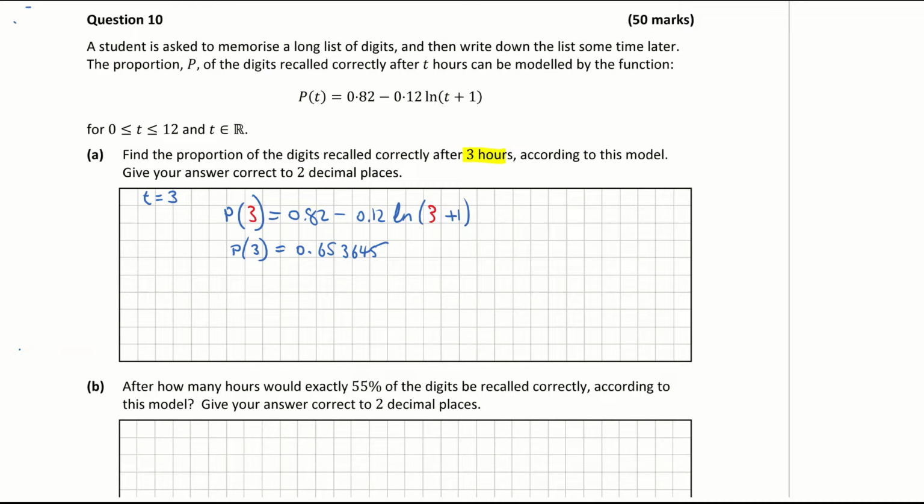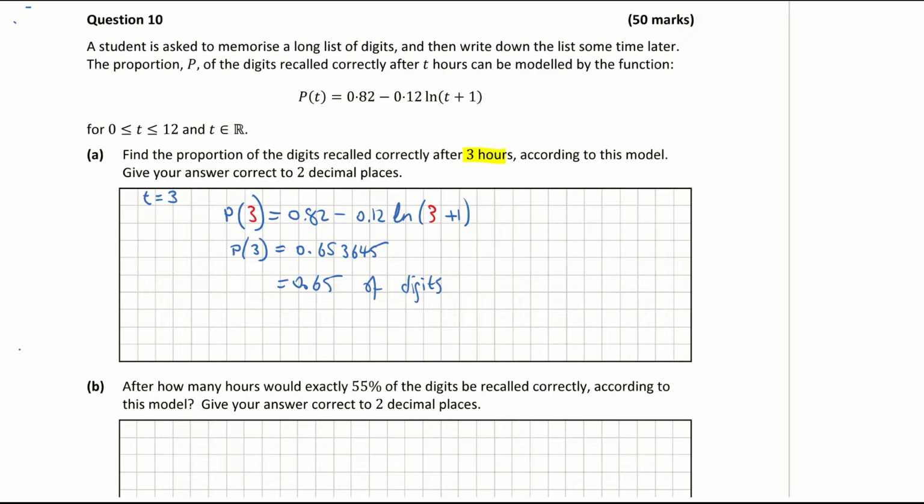0.653645. And it wants it to 2 decimal points, so that's 0.65. So the proportion of digits recalled is 0.65 of the digits. Or as a percentage, that would be 65%, but the question doesn't want it as a percentage, it wants it